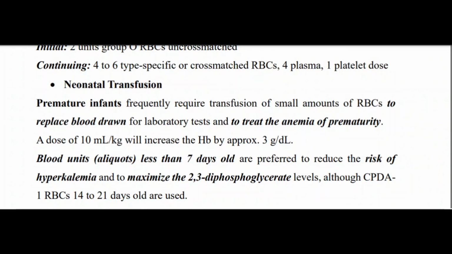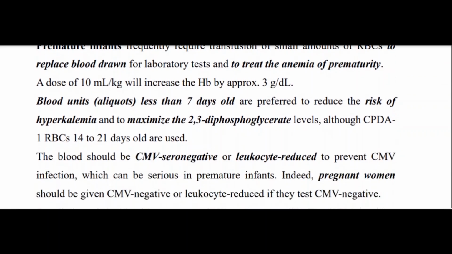All right, so in this case, as you can see, in some cases we are treating anemia of prematurity, and a dose of 10 milliliters per kilogram, of course, should be used, and we expect an increase of hemoglobin of at least 3 grams per deciliter. So blood units less than 7 days old are preferred in this case, in order to reduce the